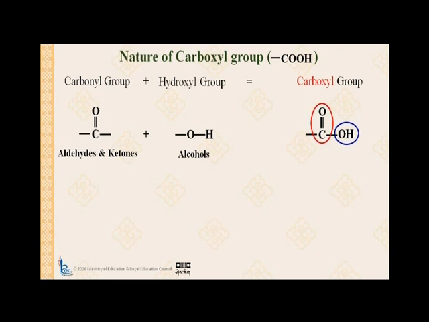So therefore we can see that carboxylic acid, which contains carboxyl group, is made up of a carbonyl group and an alcohol group. Now if you look at the name carboxyl group, you can also see that the word carb comes from carbonyl and oxyl comes from hydroxyl. So therefore carboxyl is a combination of a carbonyl group as well as a hydroxyl group. Since this carboxyl group is a combination of a carbonyl group and a hydroxyl group, we expect it to show the characteristics of both because it is made up of these 2 groups. But